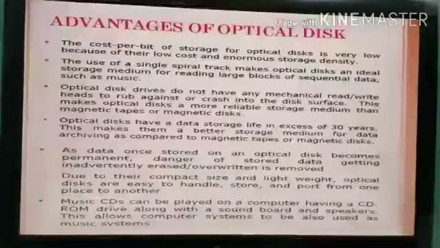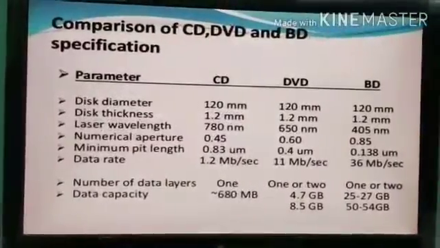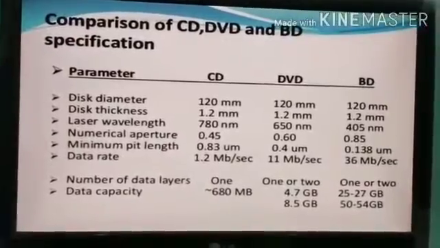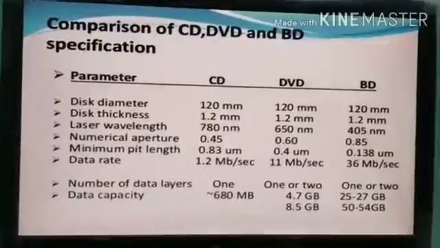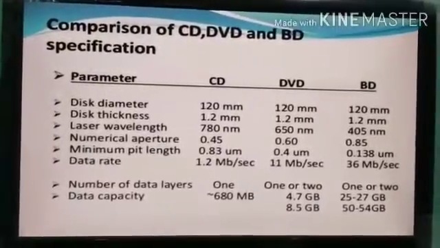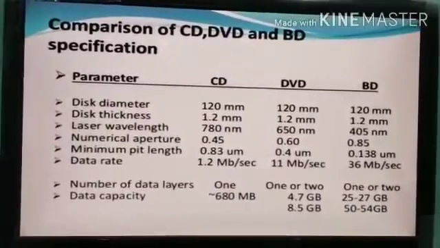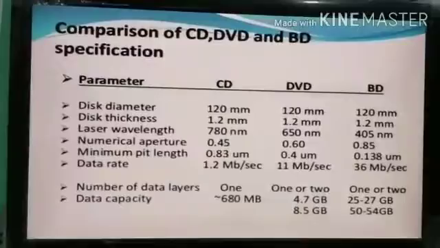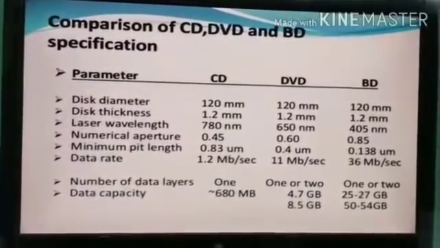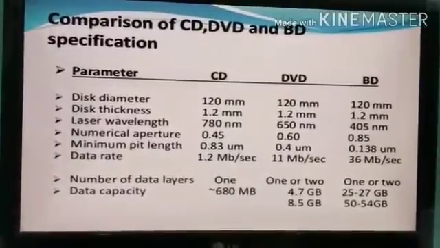Optical discs are of three different types, that is compact disc CD, digital versatile disc DVD, and Blu-ray disc BD. Here you can see the difference between CD, DVD and Blu-ray disc. Their diameter and thickness are the same. It means whenever you look at any of the optical discs, they look the same. There is no difference,